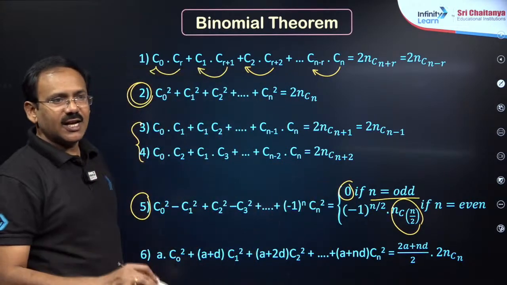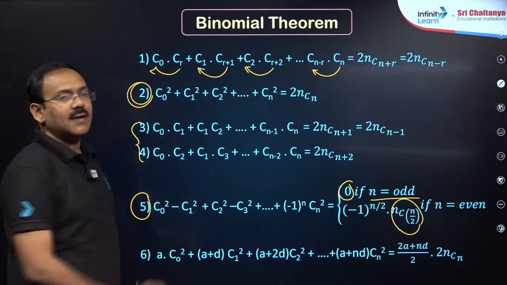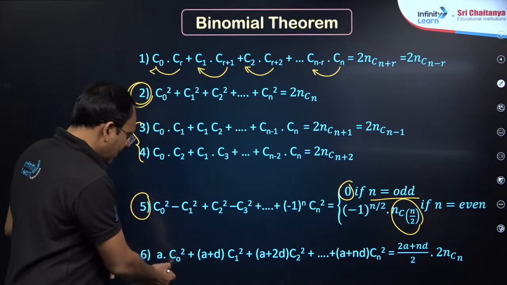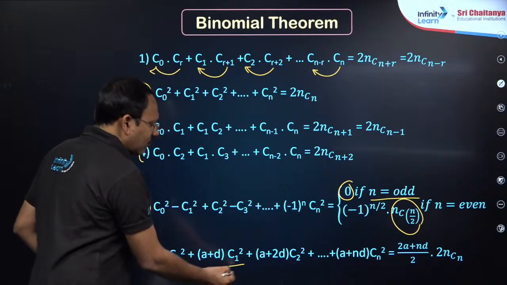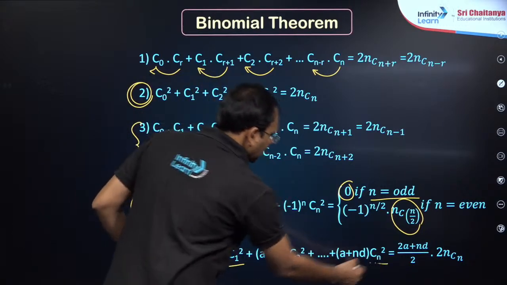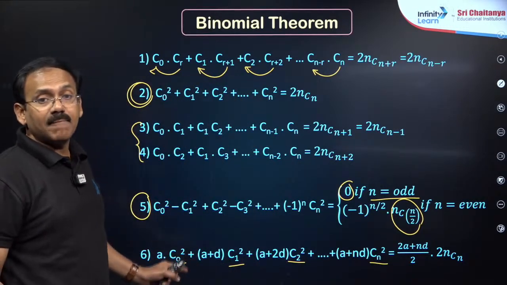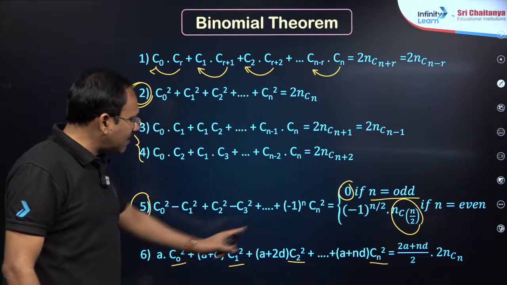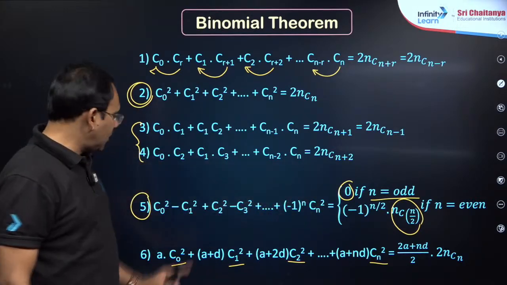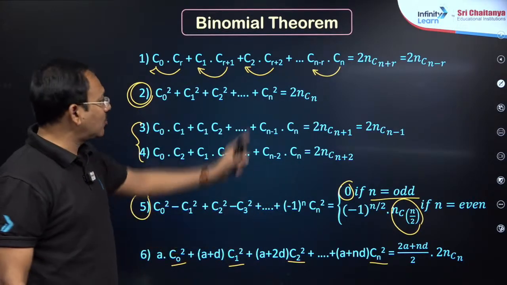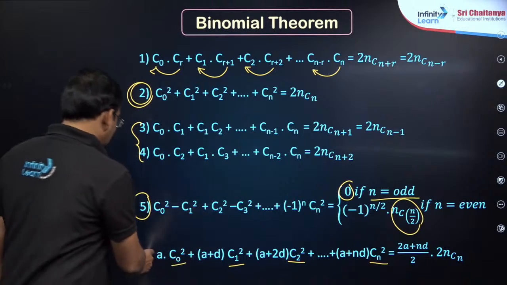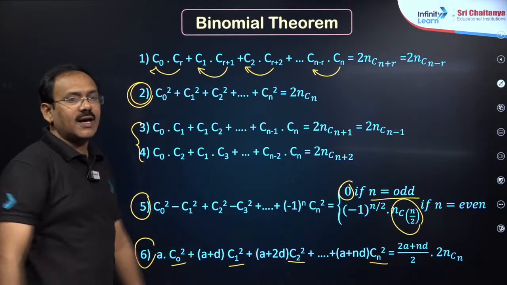In this particular slide, my dear friends, these two are important. Apart from this, even in this case, you know the result for C1 square, C2 square, Cn square, but they are multiplied by numbers in AP. So (first number plus last number)/2 into 2nCn is there. So in this slide, these three formulae are important.